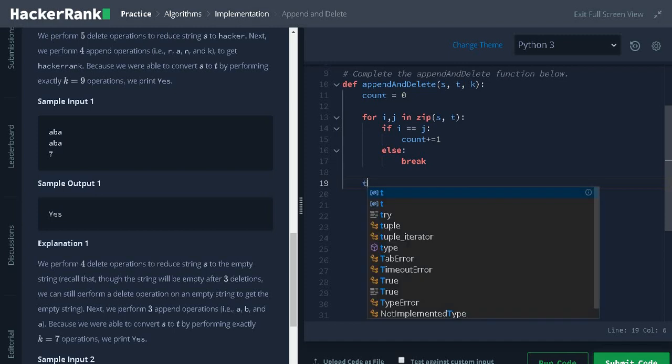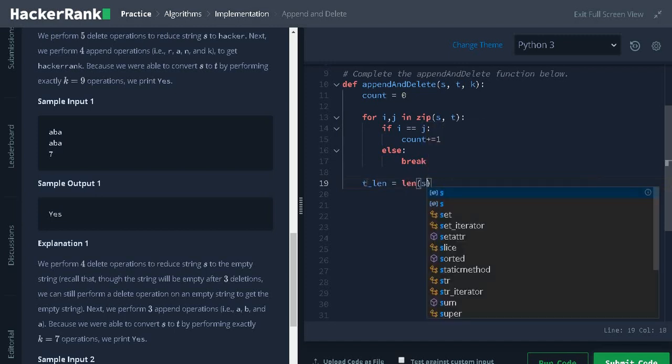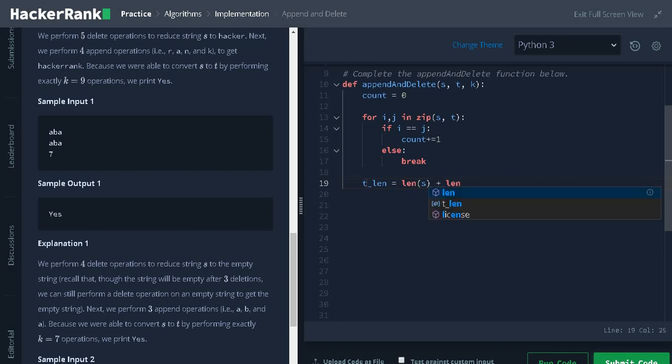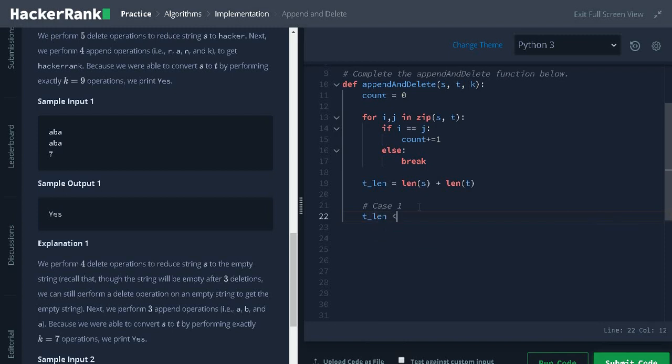After that, calculate the length of both the strings, that is total length equals len of s plus len of t. We have 3 cases here to solve the problem. Case 1: total length less than or equal to 2 multiplied by count plus k.